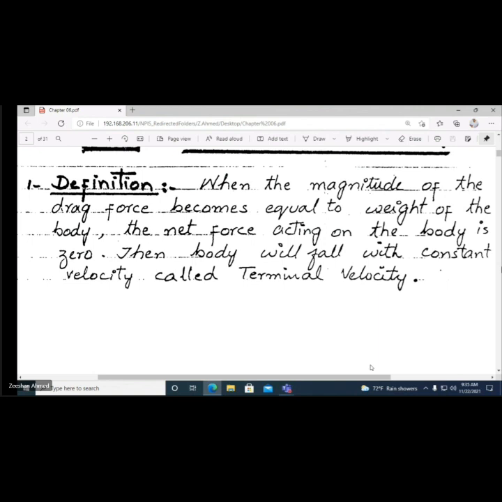What is it called? Drag force. Now consider the motion of a paratrooper. When a paratrooper jumps from an airplane 10,000 feet above, he starts to fall downward. After some time, he opens his parachute. Is it? As soon as he opens his parachute, he will go upward for some seconds, these 2 or 3 seconds, and then he starts to come down. On his way towards the ground,